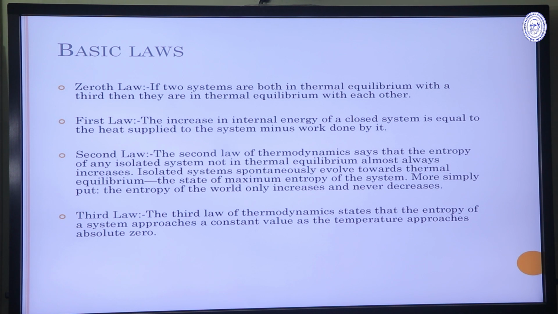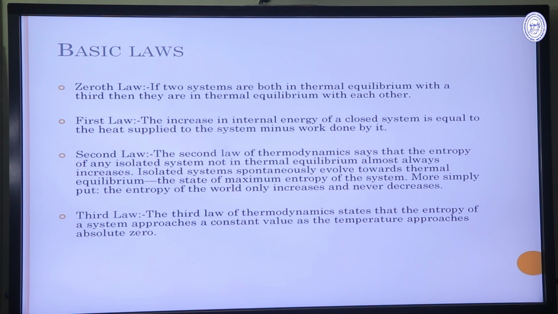And the second law of thermodynamics says that the entropy of an isolated system not in thermal equilibrium almost always increases. That means the entropy of the universe always tends towards maximum. The isolated systems continuously evolve towards thermal equilibrium, the state of maximum entropy of the system. More simply, as I mentioned earlier, the entropy of the universe only increases